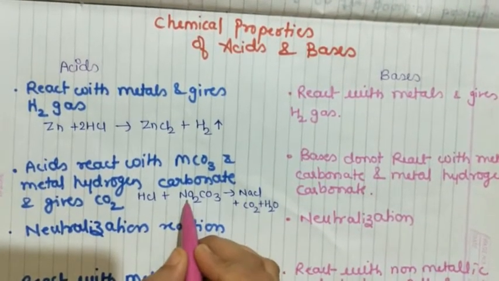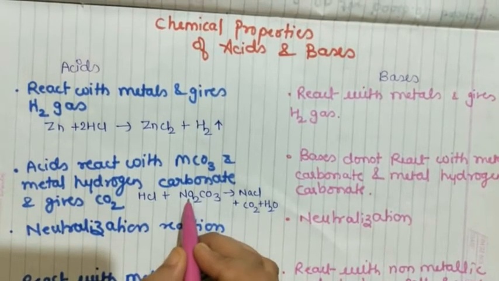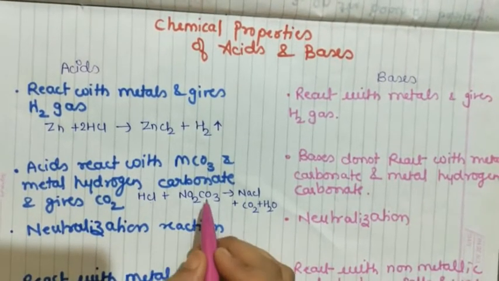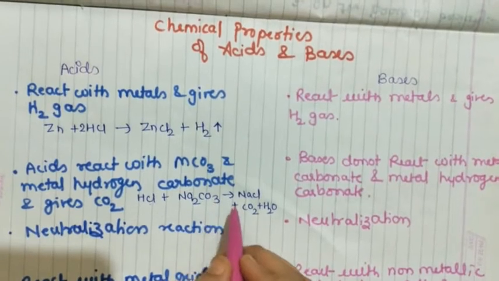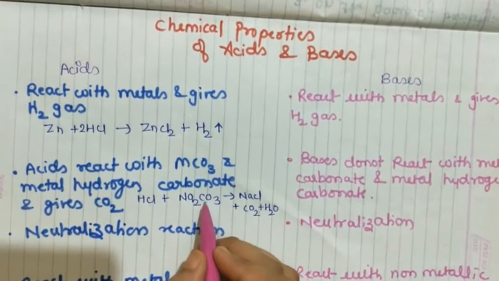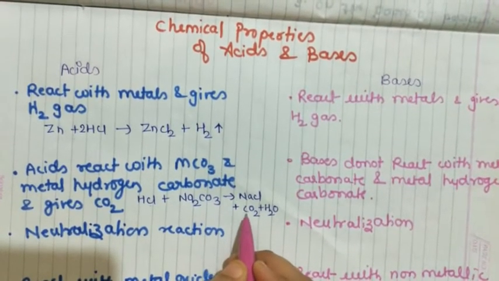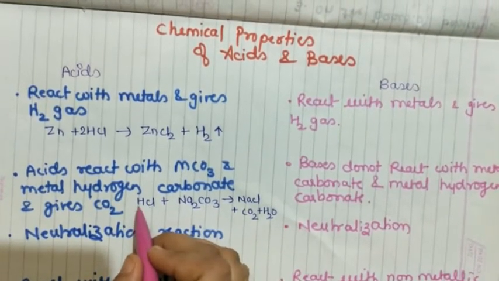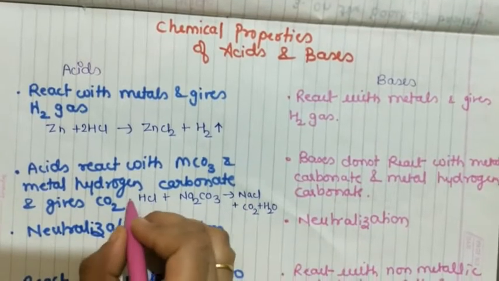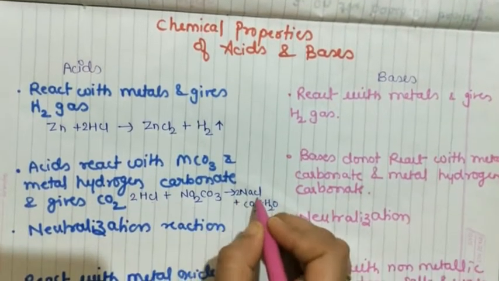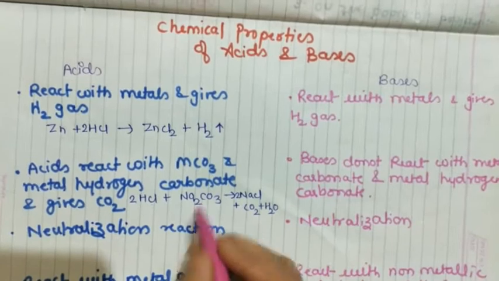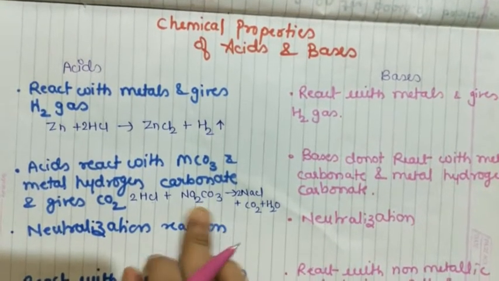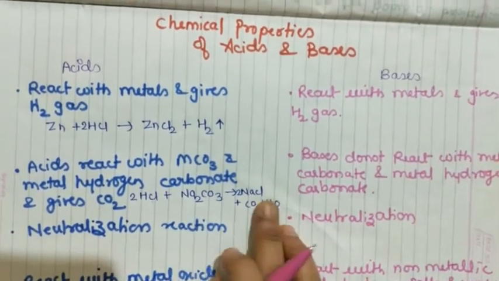See, this Na reacts with Cl, this is plus and this is minus. CO2 is released because whenever carbonate takes part in a reaction, it results in the formation of CO2, and one oxygen is left with this H. If we balance it we'll get 2 here, 2 here, so 2 hydrogens are there and one oxygen from here. If we take that, we'll get H2O. So in this way you can check.